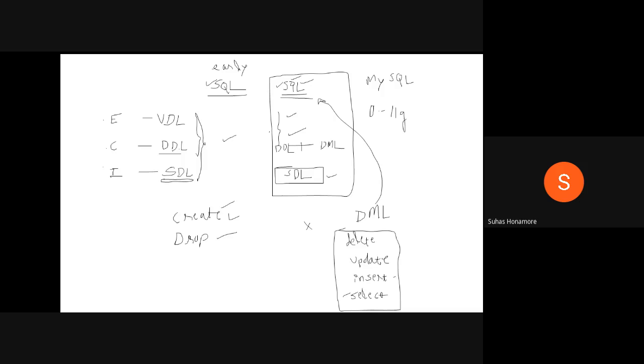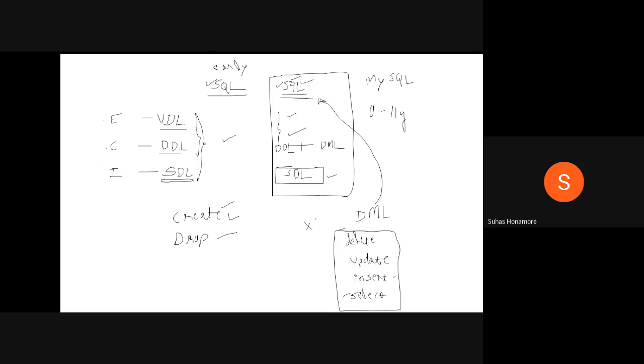Here VDL is how the data has to be shown. If you saw the Oracle 11g command prompt you are using, that is where you write commands and see the output. That is one kind of view. Along with that, Oracle 11g supports a little bit of GUI also. That is not in our syllabus, which is why we have not studied it. It supports a little bit of front end, showing how tables are formed and what all things are there.